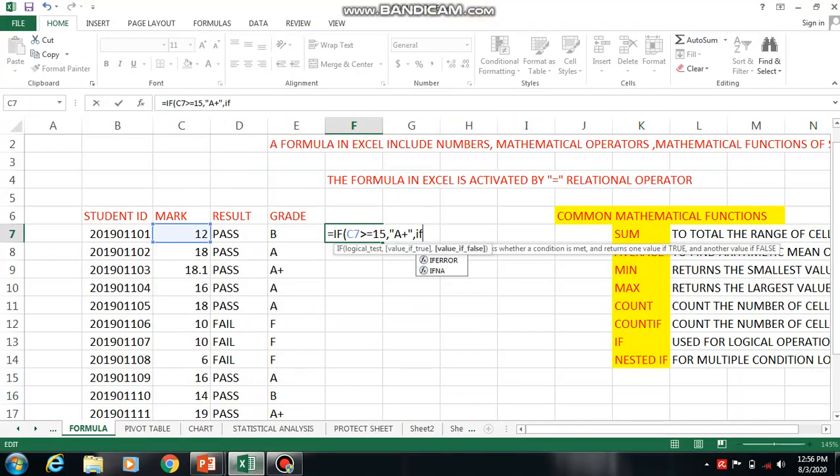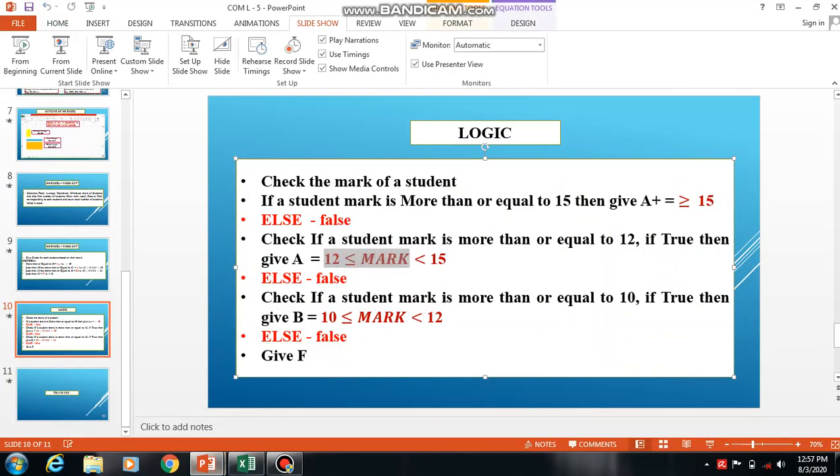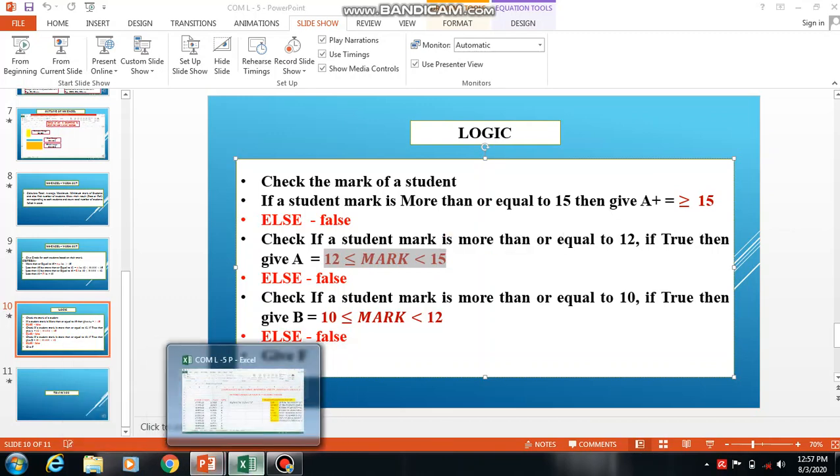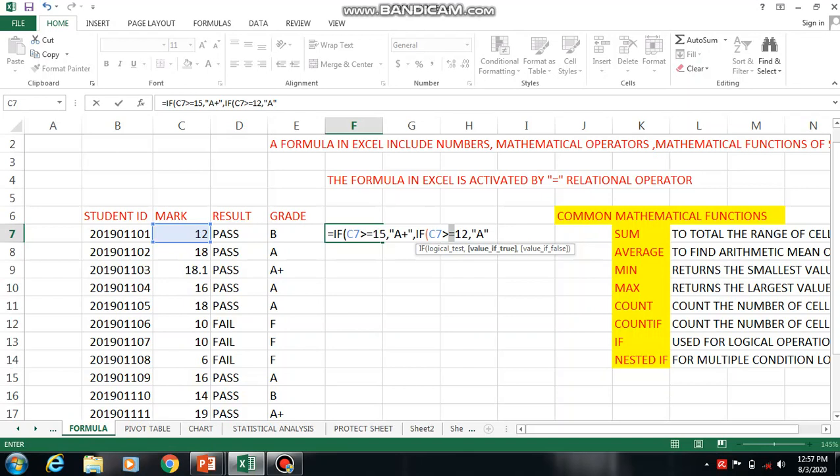For this you type if again: if the student mark is greater than or equal to 12, and if true, then A. Here we give only 12, not 15, because we already gave 15 in the first condition, so this condition will check only 12 to 15, not above 15. This is the true statement.